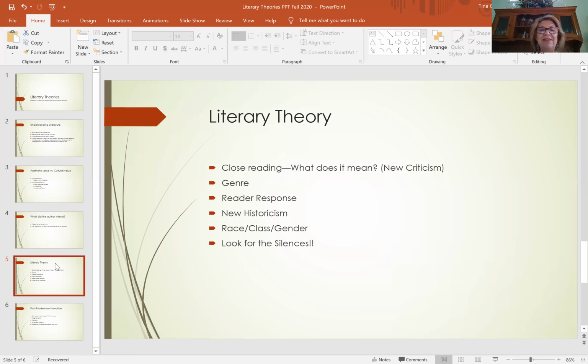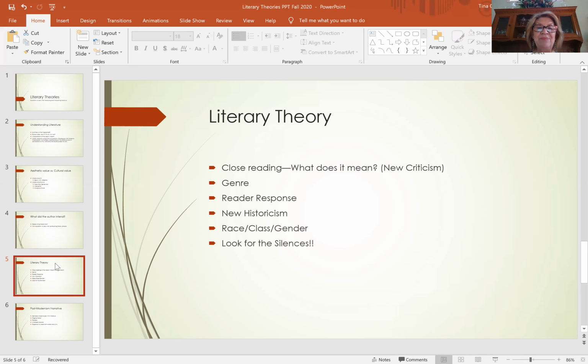Reader response. This is how are you, with your history, your connections, your biases, all of these things, informing an understanding of the text. What are you bringing to the understanding of the text based on your history? It is valid. And what we are looking for there is the disruptions, the moment of disruption within the text, and the moment when the text disrupts you. When something happens that you are surprised by, that you are angered by, that you have some sort of emotional response to, even if it is just confusion.